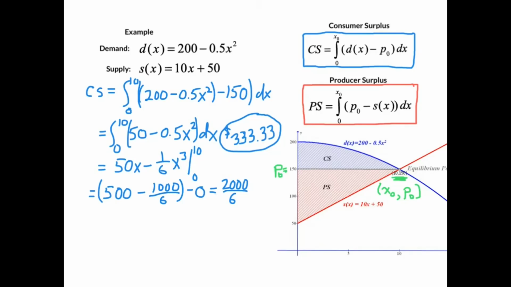What it means in economics is this, that if we would pick one person, let's say we have x equals 1, say there's only one item available, the demand function at 1 is 199.50. So this person here, you need these people, the people with more money than brains possibly, to prototype everything. So he'd be willing to pay $49.50 more than what the market price is, but he does not have to, because when he goes into the store, there's a price tag on the item and it's $150. So he feels, or he at least considers that he saved $49.50